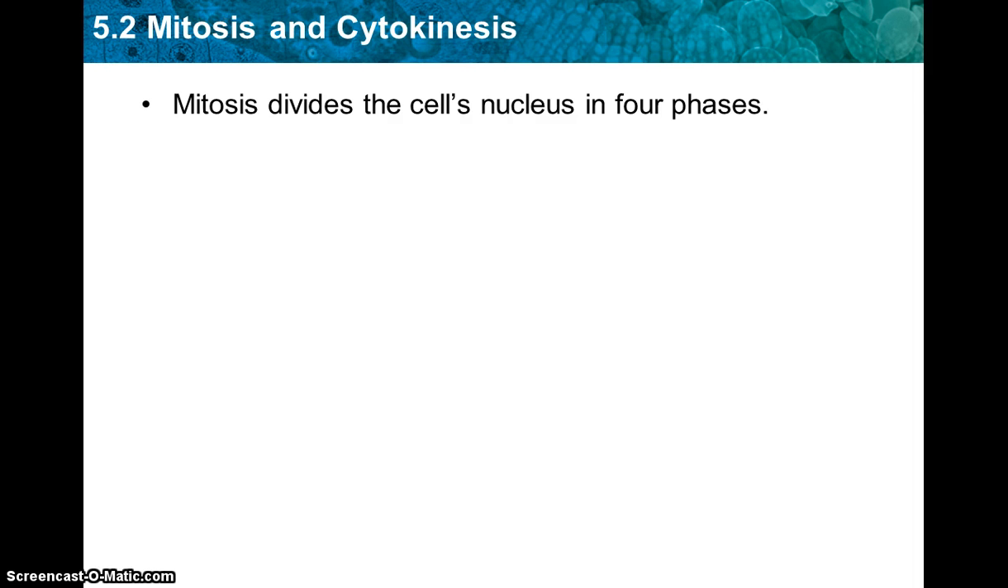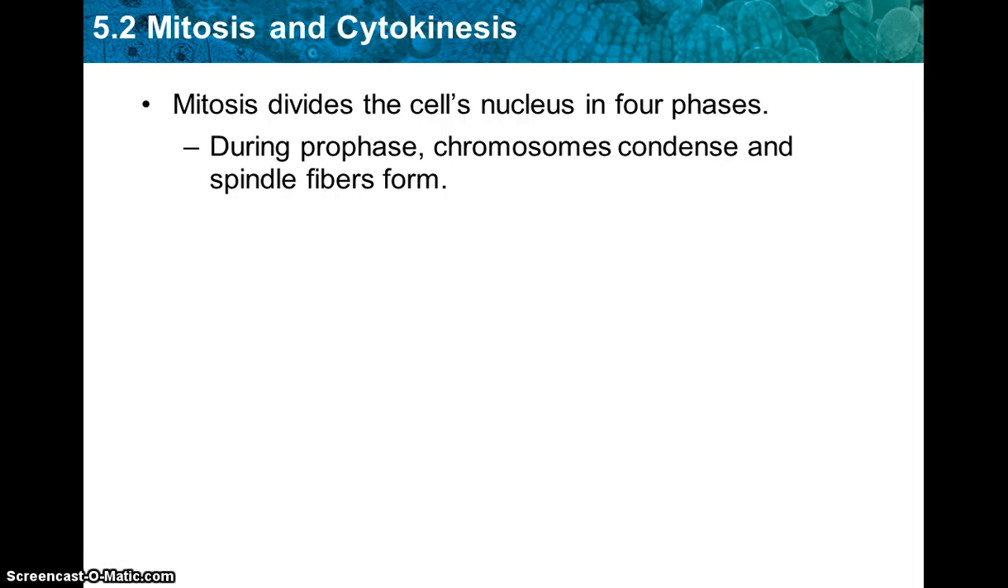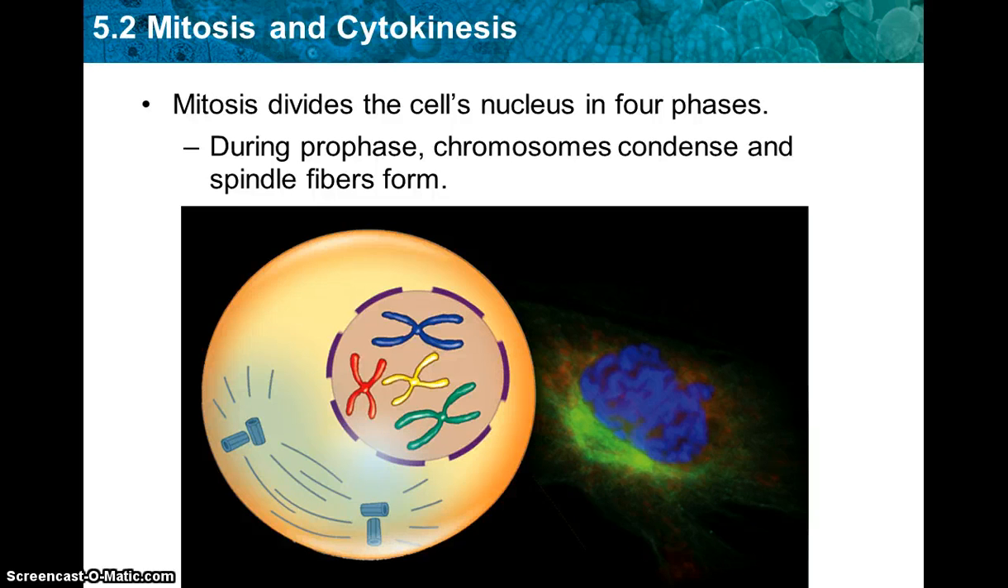Mitosis divides the cell nucleus into 4 phases. During the first phase, which is prophase, chromosomes condense and spindle fibers form. Okay. The nuclear envelope breaks down and the centrioles begin to move to opposite poles, and that's when the spindle fibers will form. On page 133 is a great diagram to show what's happening as we go along. And that is the same exact picture. So the spindle fibers are moving to each side, and then it's going to start pulling the DNA